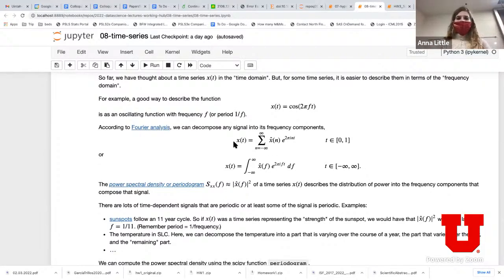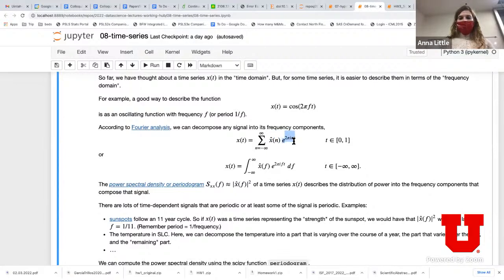Okay, so if you have a signal that's defined on a compact interval, like on the interval, say 0, 1, you can express it as a Fourier series. But basically what you should be thinking of is this little part is just a function with frequency n, and then this is telling you how much of that, how much frequency n you have in your signal. And so you're just summing up all these different frequency functions based on how much of it you see in